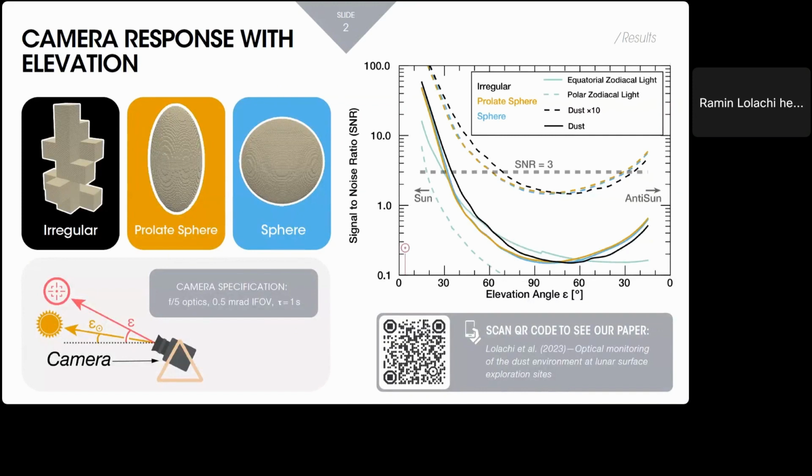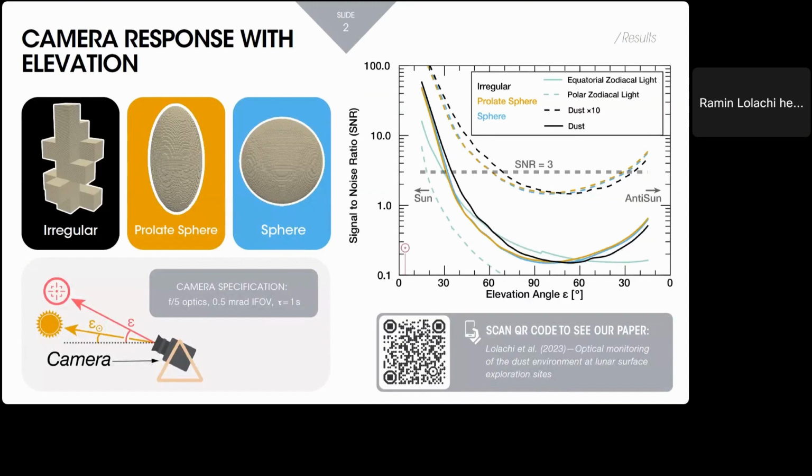We modeled radiance for 3 different grain shapes, as shown here, irregular, prolate spheroids, and spheres, and used optics and the geometry as shown in the figure at the bottom, where epsilon is the elevation angle. And did this for an integration time of 1 second. We then basically set the sun at an angle of 4 degrees above the horizon in line with a polar